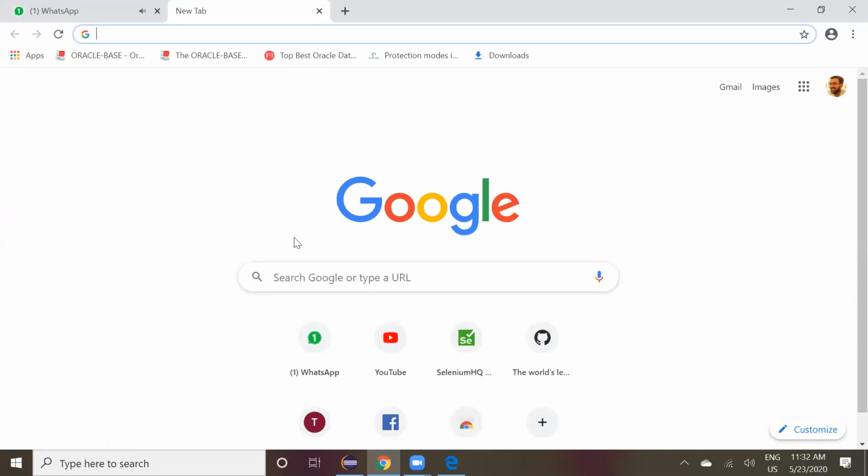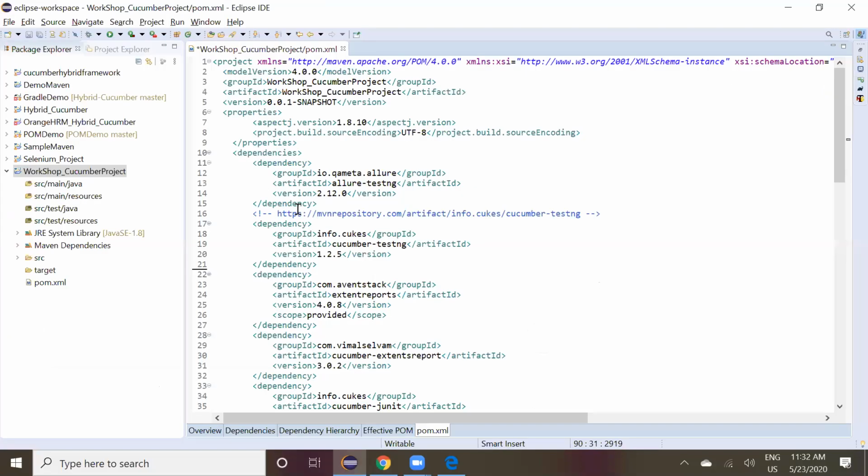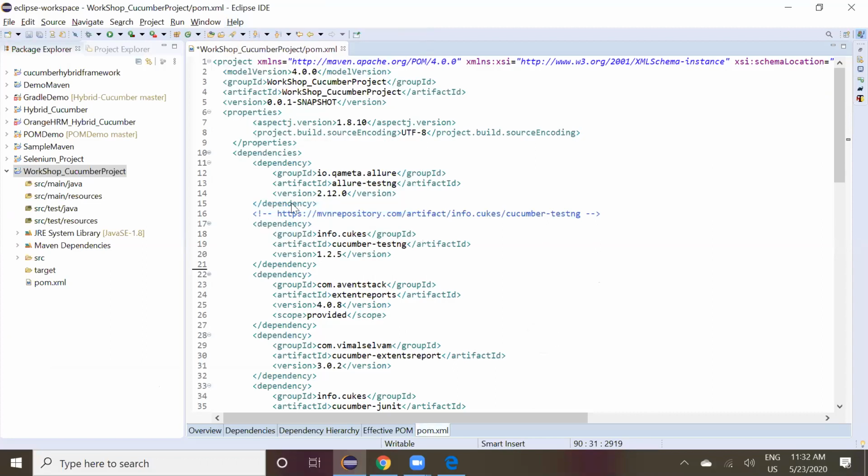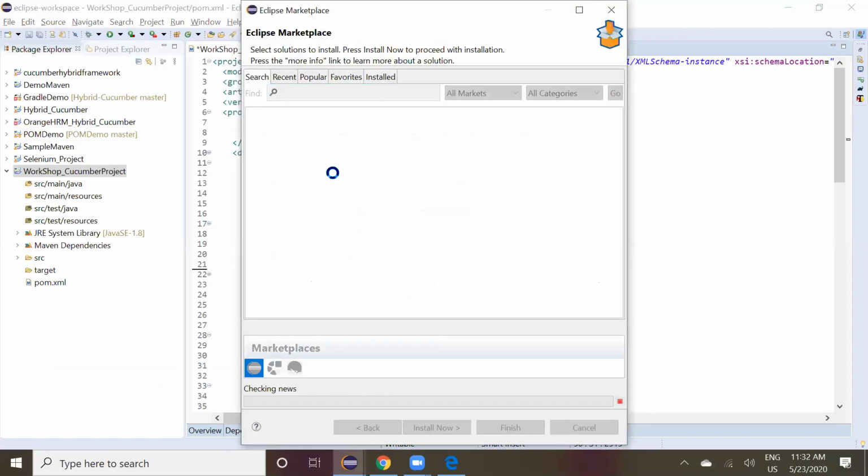Okay. Satish, you can go to Eclipse. No need for TestNG. Go to Help, Eclipse Marketplace. Type Cucumber.